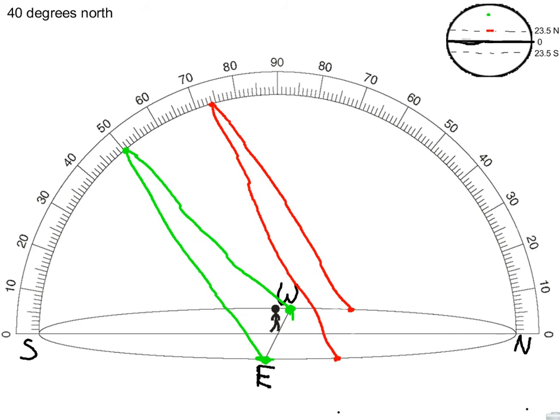Finally, we will draw the sun's path as seen by an observer at 40 degrees north during a winter solstice. Because the southern hemisphere is tilted towards the sun, for every observer on Earth, the sun will rise south of east and set south of west. Now to figure out where solar noon is, I look at how far I am from the place that is receiving the direct sunlight. I know the direct sunlight is over the Tropic of Capricorn, and that is 63.5 degrees